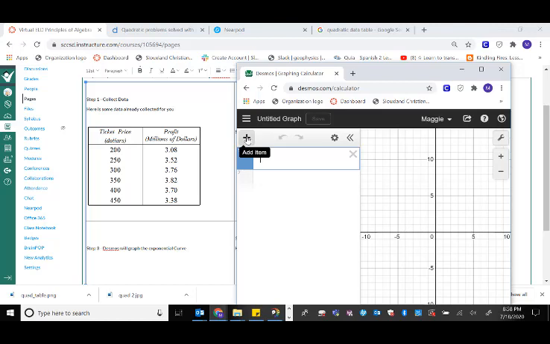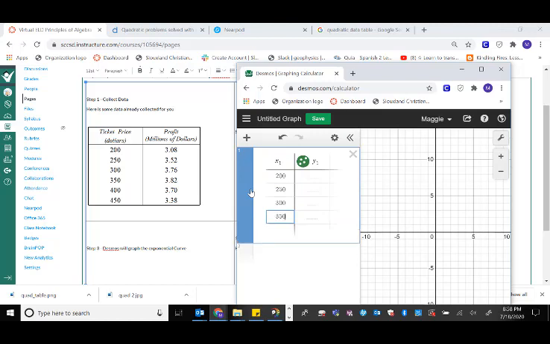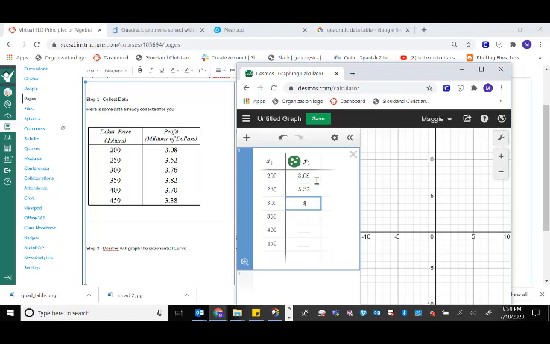So to add my table, again, I do plus and the table. And remember, I'm just putting in numbers. So I have 200, 250, 300, 350, 400, and 450. And here I have 3.08, and that's actually in millions, but we just put the 3.08, 3.52 million, 3.76 million, 3.82 million,